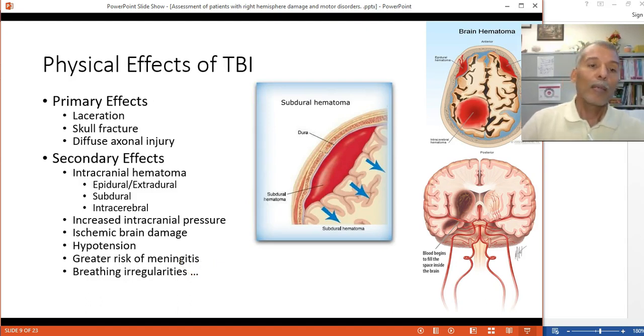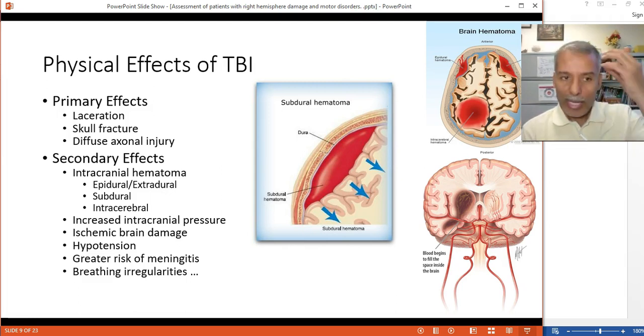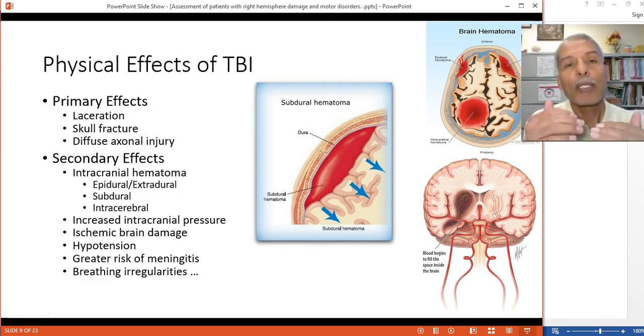So let's look at the primary and secondary. First, the primary, in terms of the physiology, the primary impact is going to have to do with the actual anatomy. So say the primary effect, or the skull broke, or there is a fracture, there's a laceration, there's a diffuse axonal injury. It has to do with the anatomy. And then the secondary effect is going to deal with what happened as a result of damaging or altering that anatomy. So, for example,